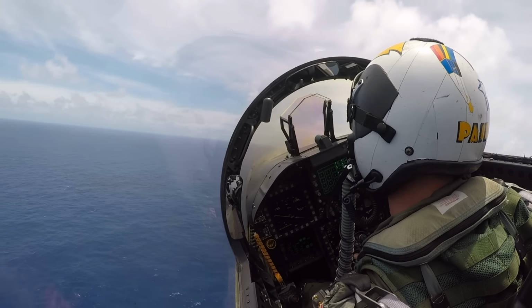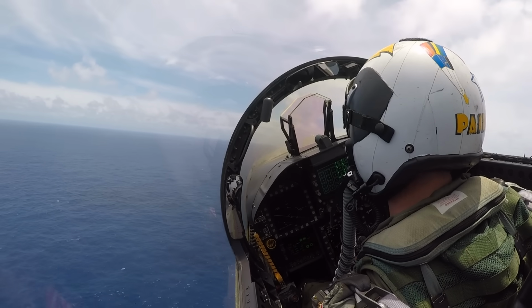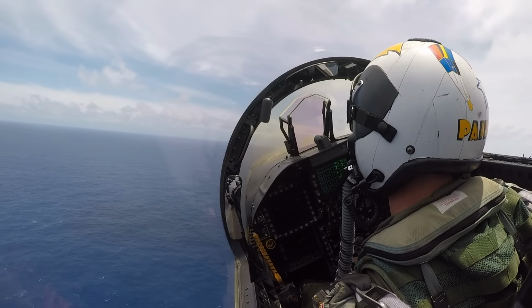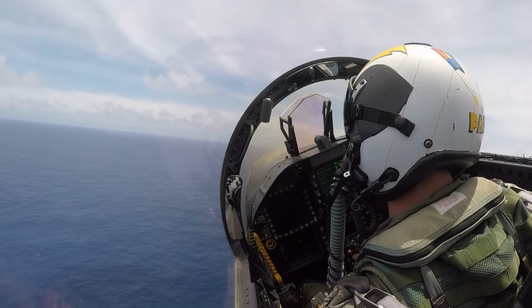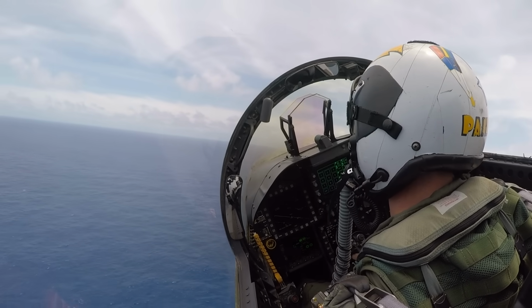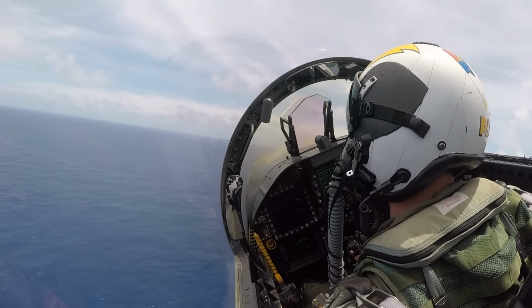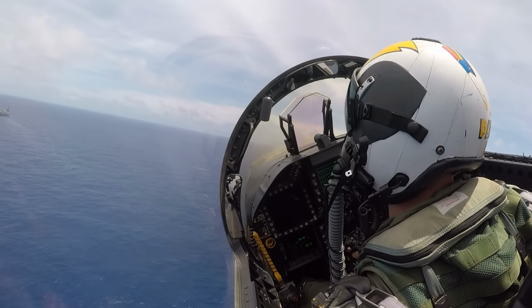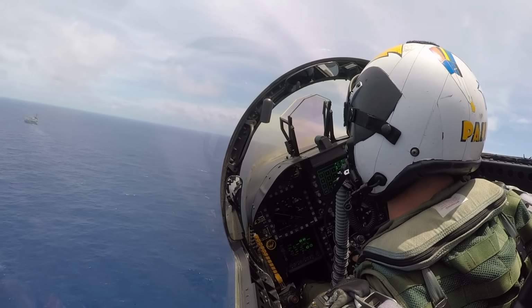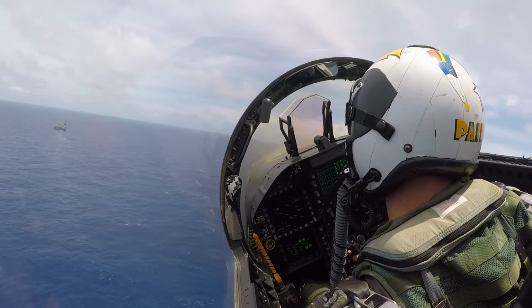Alright, back to the jam. We're rolling through the 90 now, targeting about 450 feet as we continue our 27 to 30 degree angle of bank turn towards mom. We're about 500 foot per minute rate of descent as we hold the turn. Approaching the 45 now, looking for about 350 feet above the water, targeting that 15 to 18 second groove length,